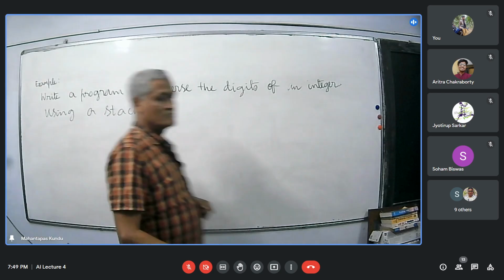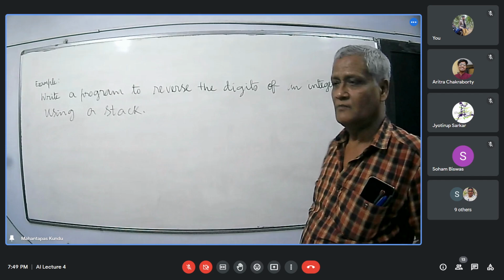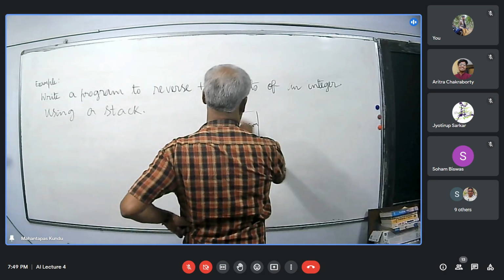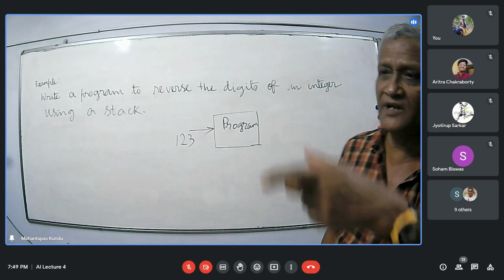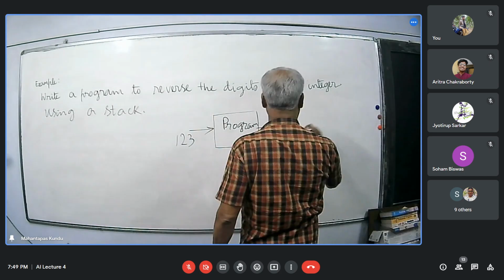This problem can be solved in different ways. But I want that solution which uses a stack. What is the problem? Write a program to reverse the digit of an integer using a stack. That is, if you input 123, what will be the desired output? 321.